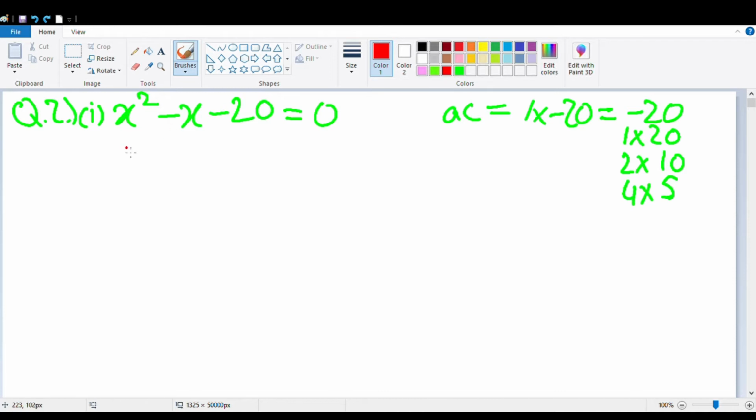We see that b is negative, and so is the product of a and c. What can we conclude from this? It tells us that our factors, one of them must be negative and one of them must be positive. So there can be